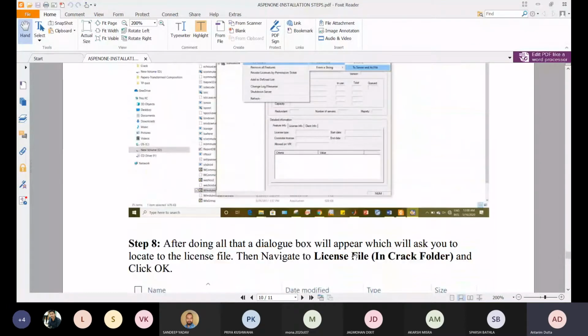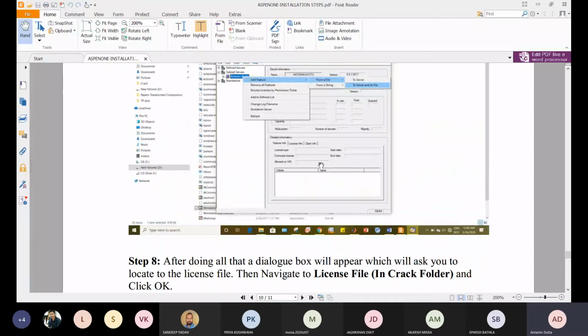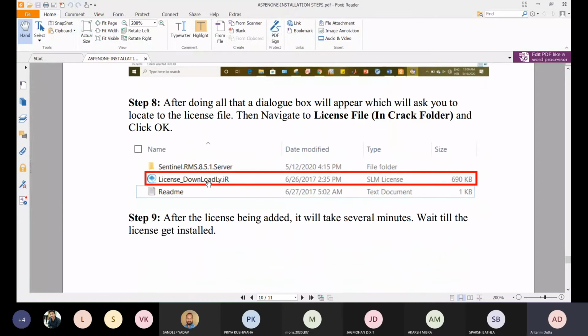after doing all, a dialog box will appear in front of you, which will ask you to locate the license file. So the license file is present in this name. Make sure that you check it very carefully, that what particular file you are selecting. Since you can see over here, it is a license file, that is SLM license. The type of the file is a license file, and you have to select this file only for the particular